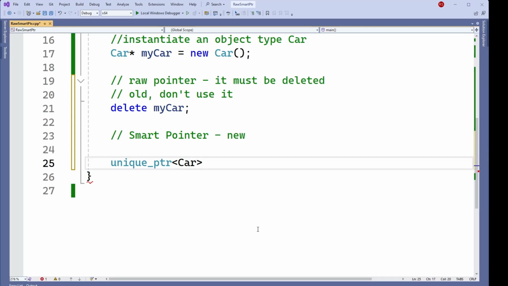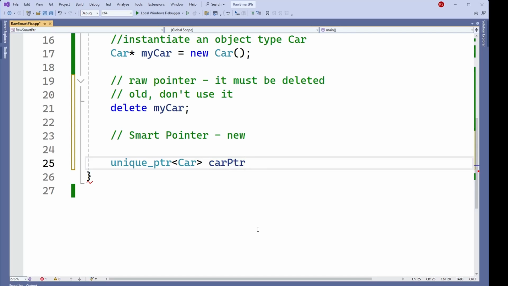So we're going to create a pointer that points to car. Next is the pointer's name, whatever you want to put here. If you want to put banana, that's okay, but let's put a name that makes sense here. So this is going to be a car pointer,